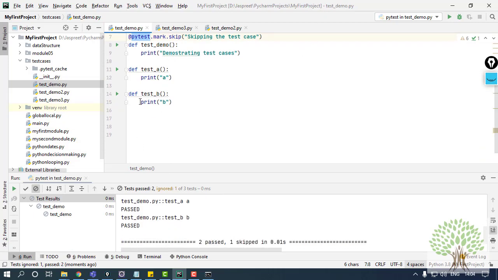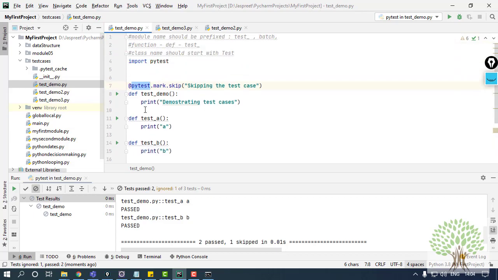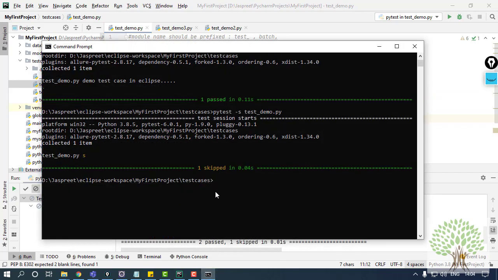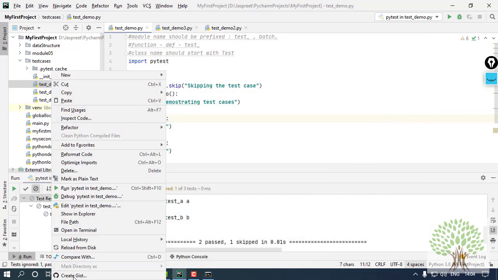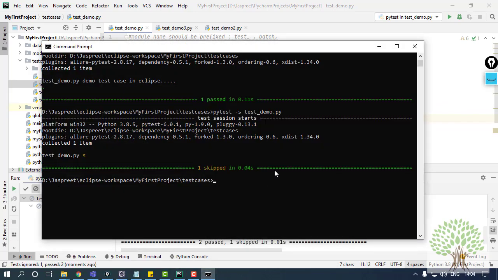Now if you have to run a specific test case, like you just want to run test_a only out of all the test cases in the single module, from the IDEs that will not be possible, but from the command prompt that is possible. I need to be at this location. So over here, I'm at the location now. What I need to do is pytest -s to see the print, see the console output. Then -k.